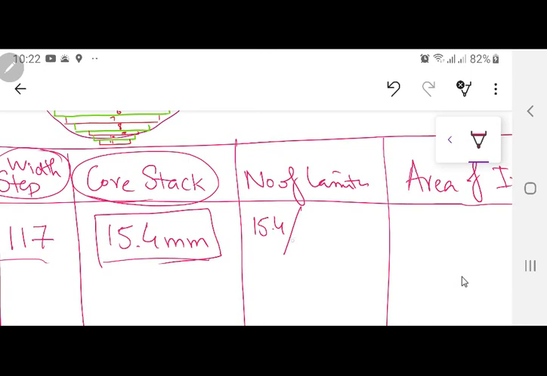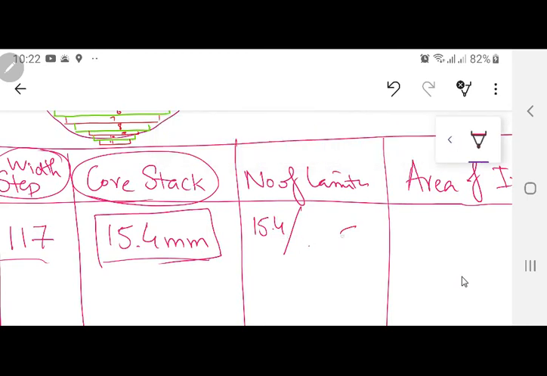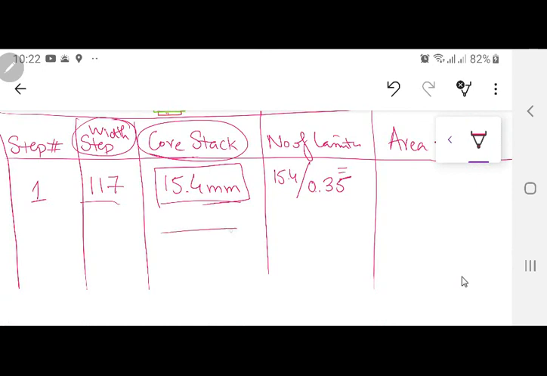So this will make the lamination equal to 0.035 over there. Okay? Or if you are not a very good one, I am going to use 0.35 over there. So in 1 mm approximately 3 laminations are there. So 0.33 or 0.35. Divide each one of them in this table, whatever you have in the stack over here, divide it by 0.35 and find out the number of laminations.